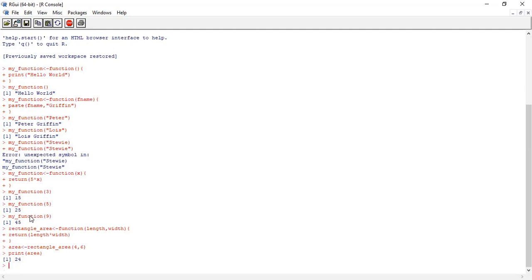So we create our function to find the area of a rectangle. We create our function, we provide the command for what this function should do, we call our function again, and we print it. And we have